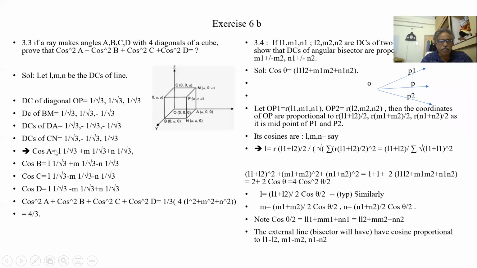So when we take cos square A, what is cos square A? It is l square by 3 plus m square by 3 plus n square by 3 plus 2AB plus 2BC plus 2CA. So when I take 1 by 3 out, what am I getting? l square plus m square plus n square, that is 1. Here also l square plus m square plus n square, 1. This is also 1. So there are 4 ones, 4 into l square plus m square plus n square.